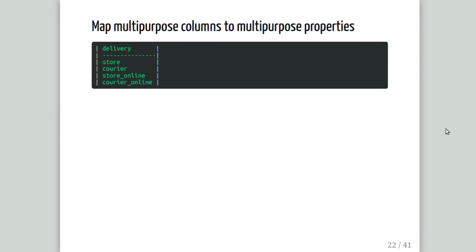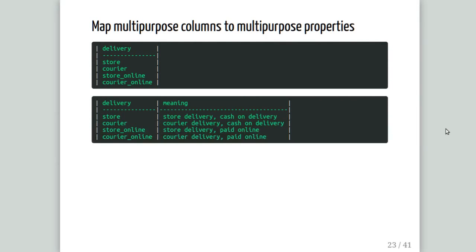This is one of my favorite mistakes. Before, they used to squeeze things in the same column in the name of saving space. So they are saving space, and we end up with a column like this that is called delivery, which has the values store, courier, store online, courier online. It's clear that there are two columns mixed in this column, right? You can see it. So we have delivery type and payment type, which are in the same column. Other examples,